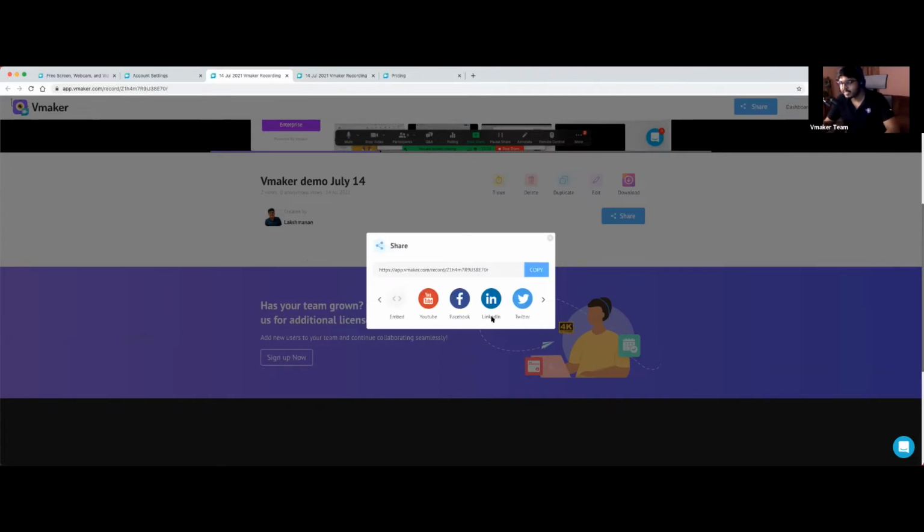What is the next one? Yeah, apart from that, we have Facebook, LinkedIn, Twitter, and Gmail, which are pretty direct. Now, if you have the Chrome extension installed, and if you're opening your Gmail account, you will automatically see the option to record a video whenever you try to compose a message. The vice versa version is to record a video and then put it on your Gmail. This is how you do it. You can just play around with it, in both ways, if you want to record a video and then use it in your Gmail message as well.